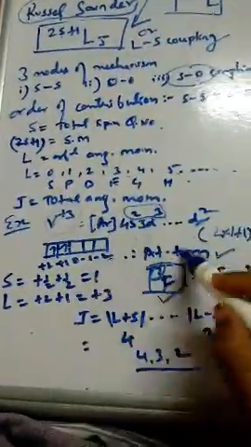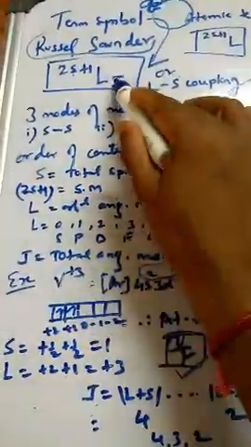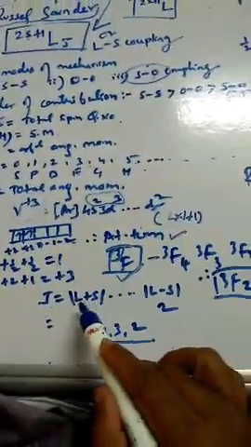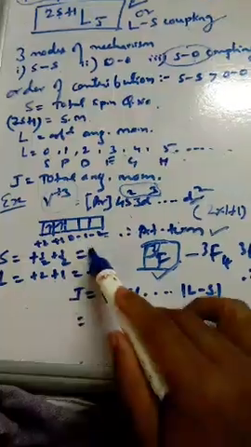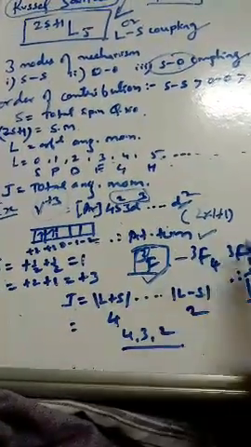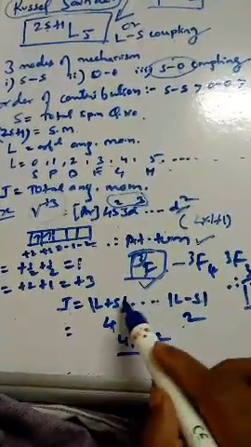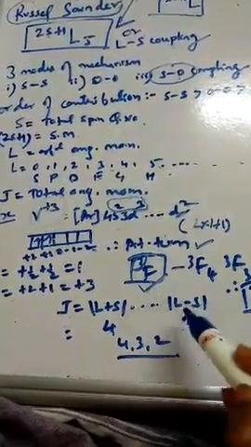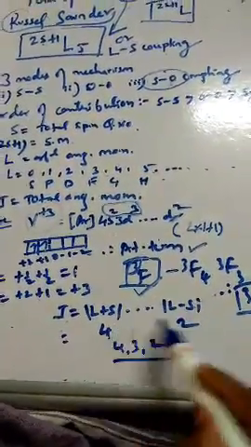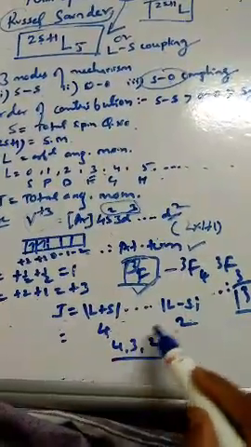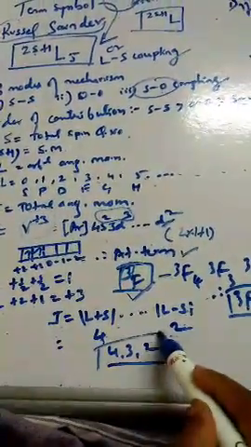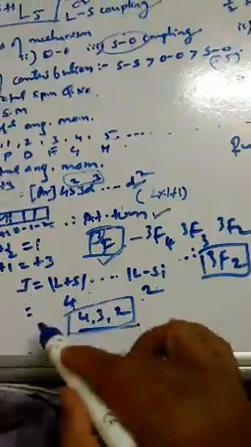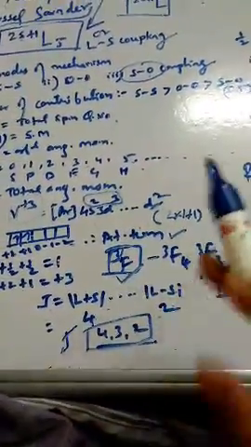For the term symbol we require the J value, and the J value can be found by the formula L plus S, L minus S. Now L we have got here as 3, so 3 plus 1, we got 4, and 3 minus 1 is 2. So it is a modulus like this: L plus S, L plus S minus 1, L plus S minus 2, till L minus S. So we get 4 and here 2. So 4 minus 1 is 3, 3 minus 1 is 2. So 4, 3, 2.